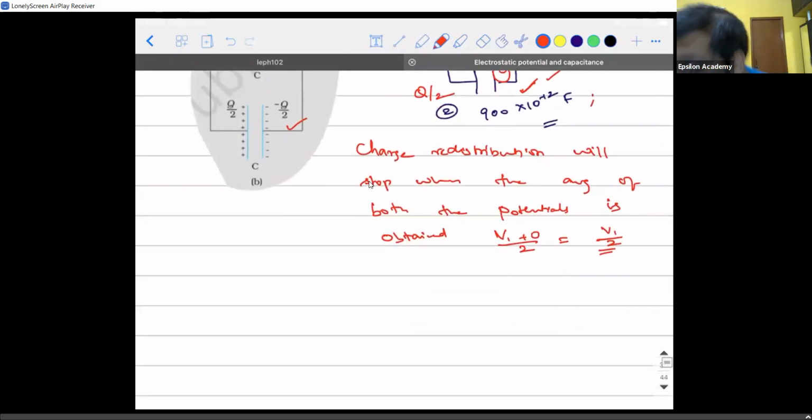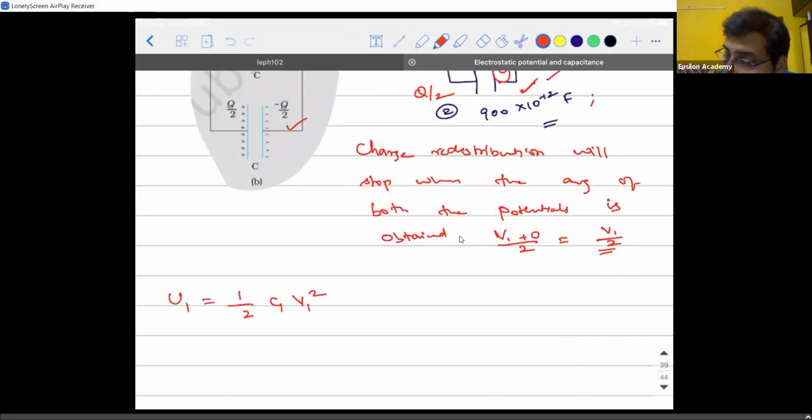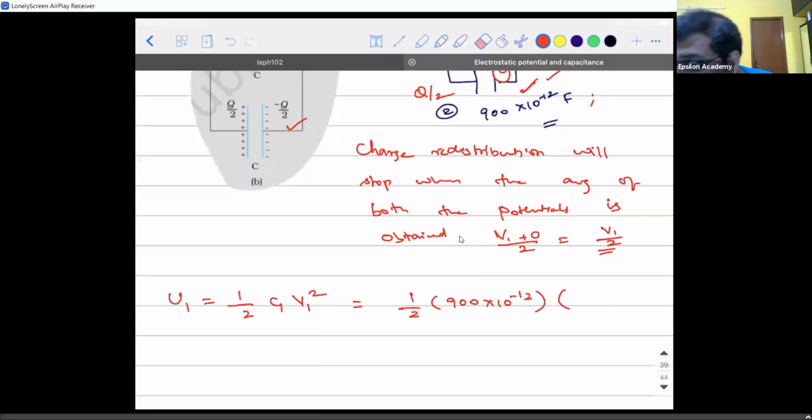So energy across the first capacitor will be how much now? Half into C1 into V1 square. Correct? So half into, what is the value of C1? 900 into 10 power minus 12, because 900 picofarad into the potential difference of the first. Or else, we can do one thing now. Since we don't know the potential difference, we can do